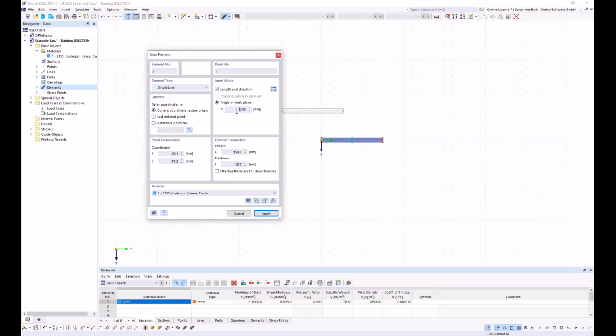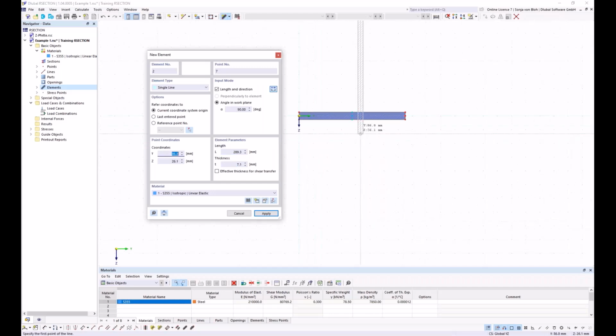And here I define an angle in the work plane of 90 degrees. I change the direction here, and then I define the length of 289.3 millimeter and a thickness of 7.1 millimeter. And then